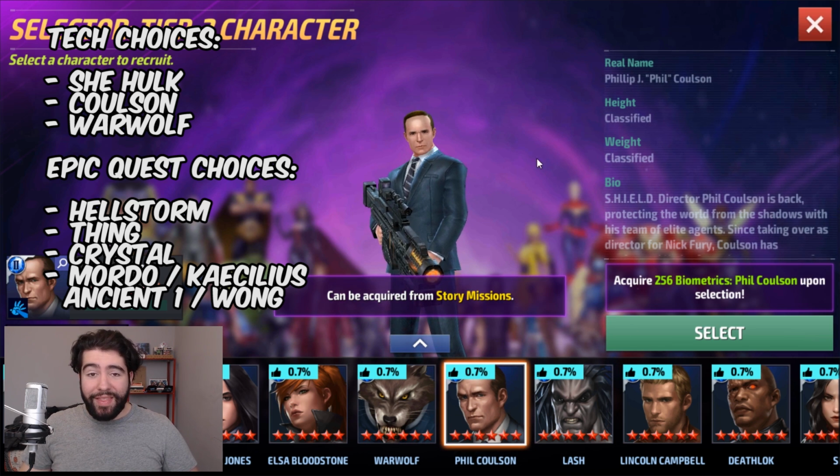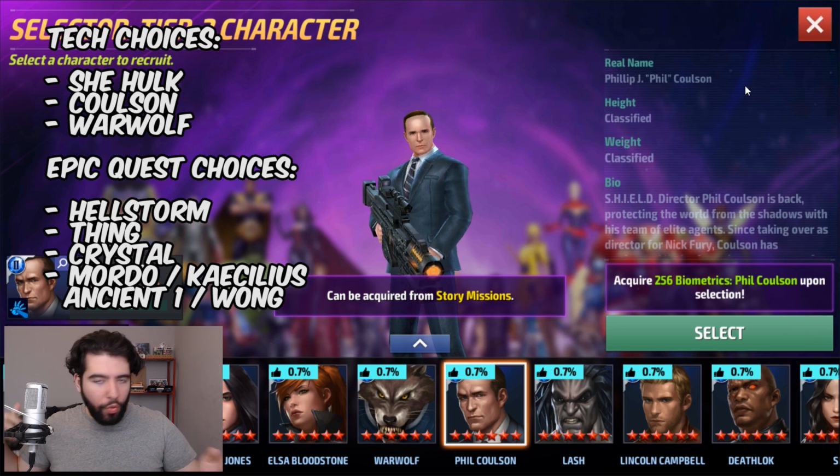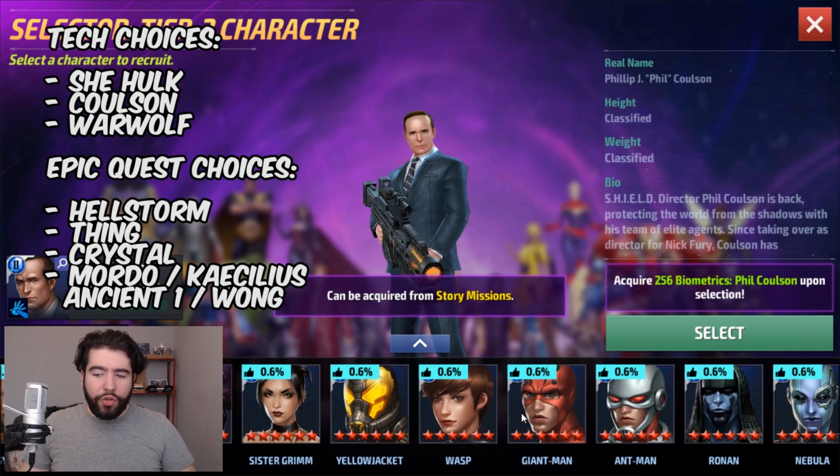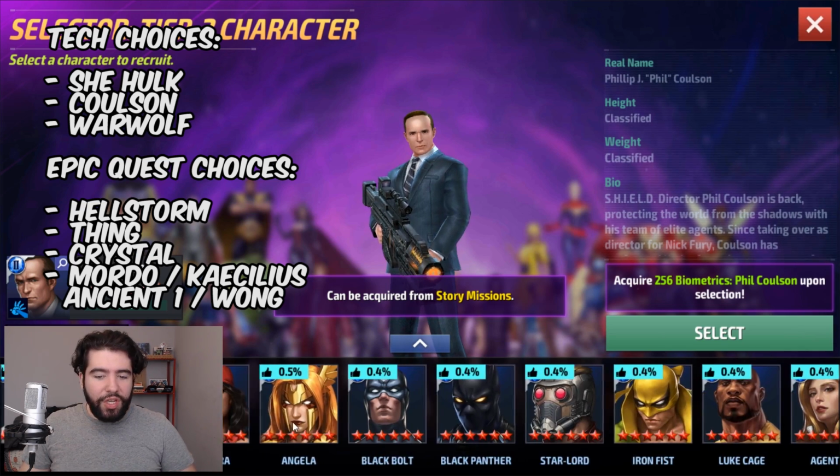You'll never use him for anything other than support, so you might consider using the Tier 2 selector on him if you don't have him, just to save yourself all those weeks of grinding and weeks of spending energy when you could be farming Uru, or you could be farming for other characters' biometrics. If you have all of those characters already, a couple of other good choices in terms of efficiency are the